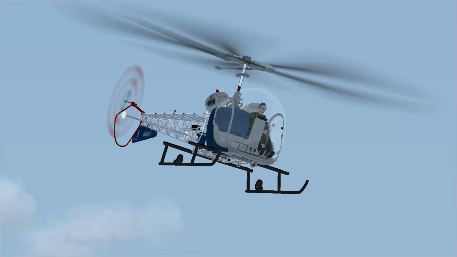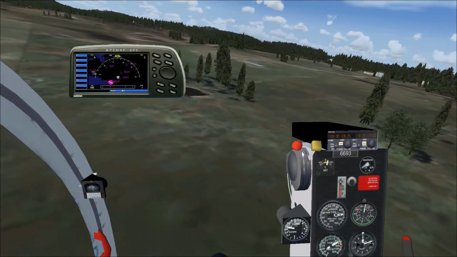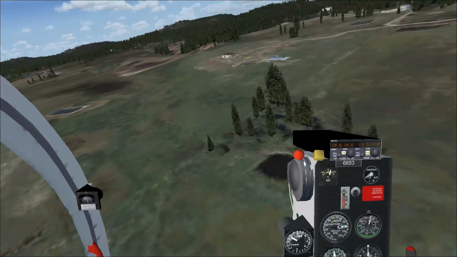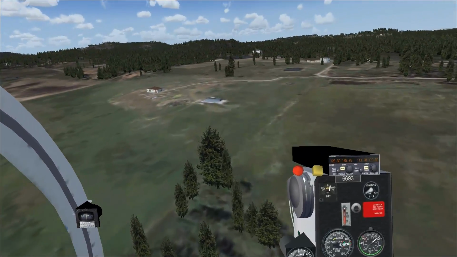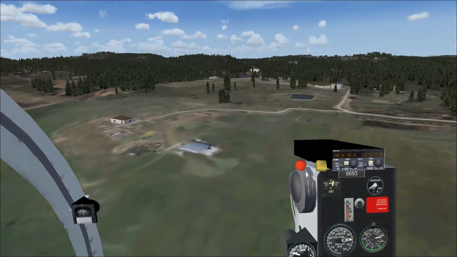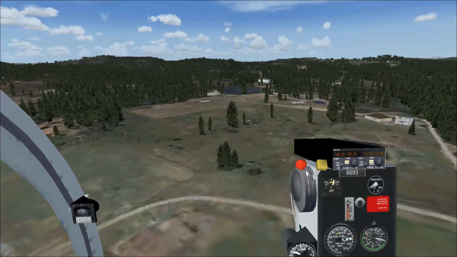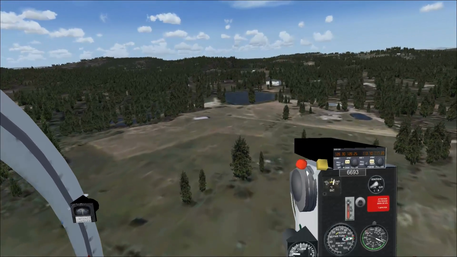We need to go find ourselves another airport. Let's go to SWA7. SWA7 should have what I'm looking for. Somewhere. We'll find SWA7. Now the tree density has been increased, the tree detail has been increased. When you buy it, you get the Orbx scenery, you get the asset pack,